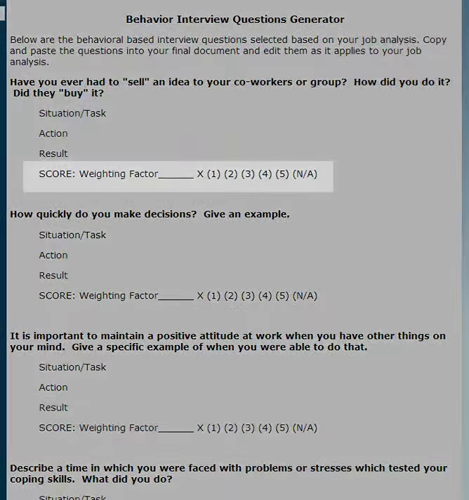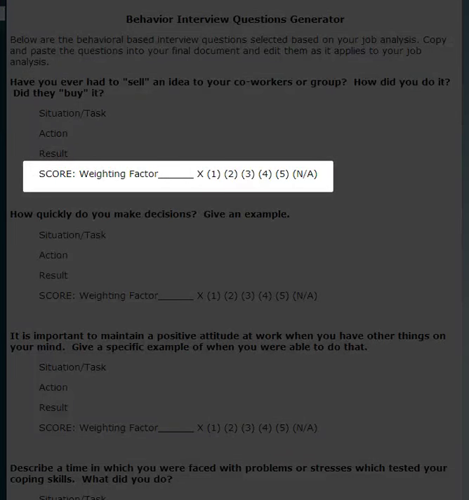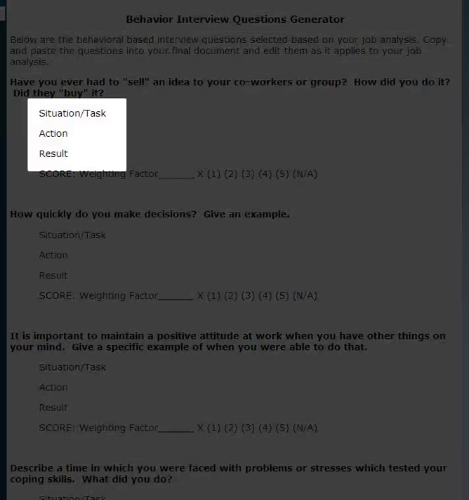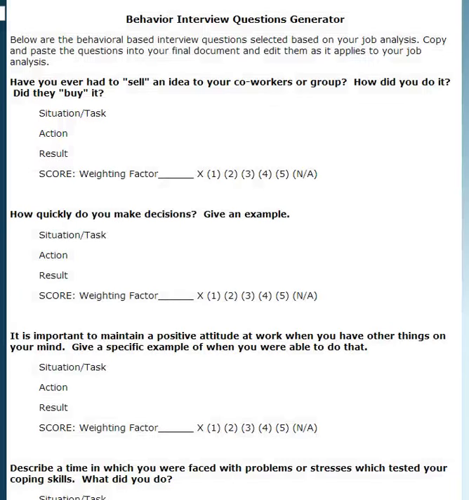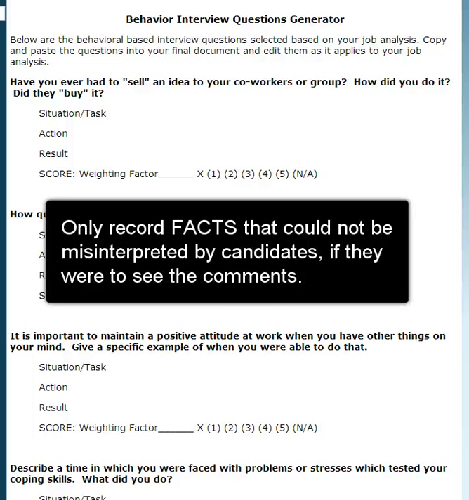questions. If you copy and paste a question that you know you will want to weigh more heavily than other questions, you can multiply the rating options so that the question has a greater influence on the candidate's overall rating. The STAR criteria for assessing responses to interview questions is included on the form as a way of guiding your note-taking during the interview. To help you remember the details of the candidate's answer to the question, you should record what the situation or task was that the candidate is describing, what action the candidate took, and what the result